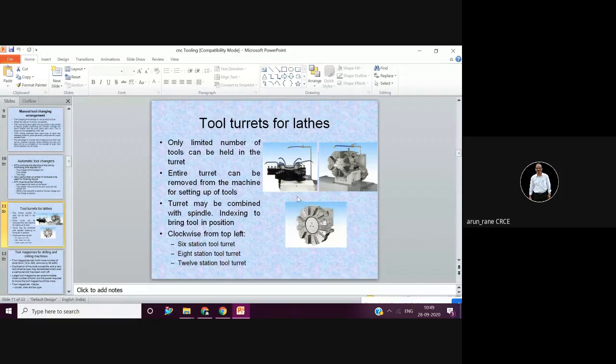So obviously, 30-degree rotation will take less time, and this is how you save your tool change time. Every second is important when you are talking about mass production. Engineers are rewarded if they save even 1 minute per job.